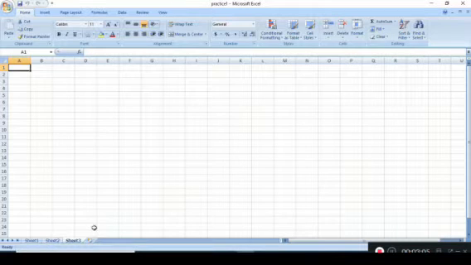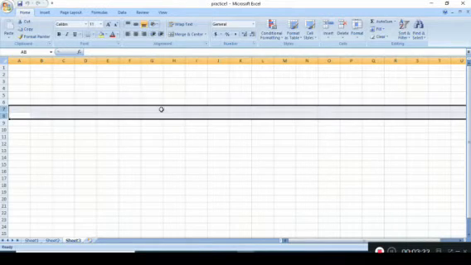Now next is rows. A worksheet is a combination of intersecting rows and columns. Rows are represented horizontally. Now you can see here, this is a row.